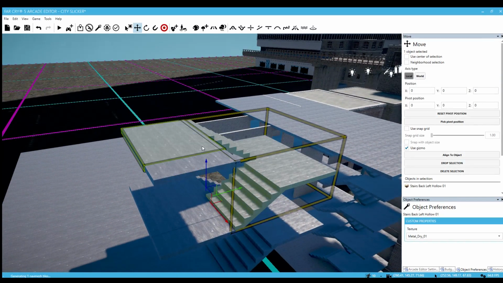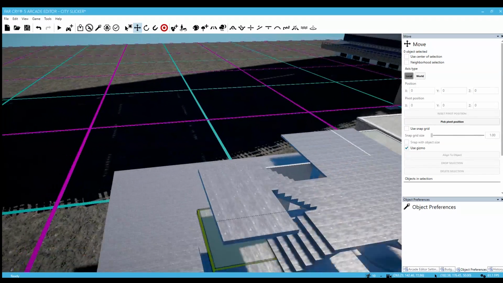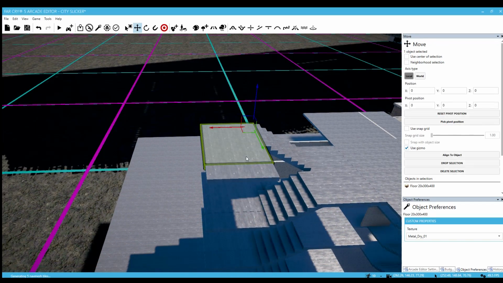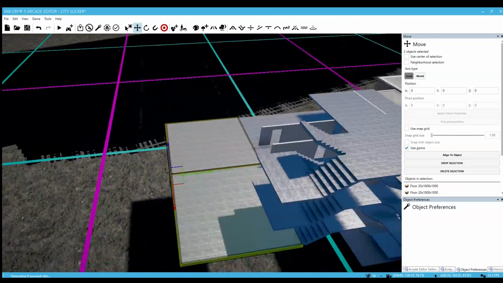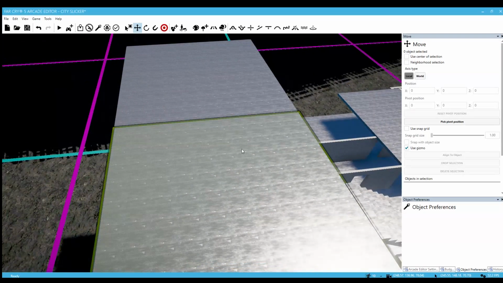Let's see. Let's go one more. Just one more higher. Perfect. And then okay, so this is going to be the roof. So we'll go ahead and get rid of those two. We'll duplicate this. Add that there. All right, let's type in